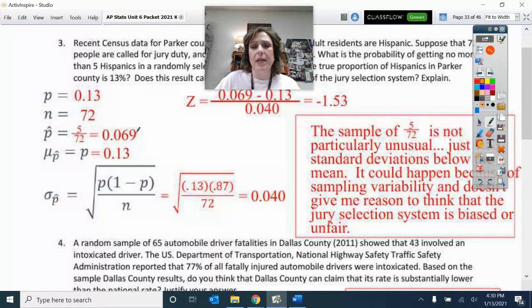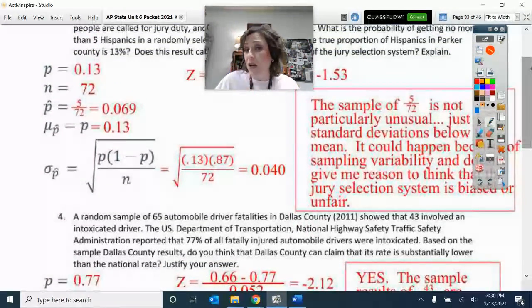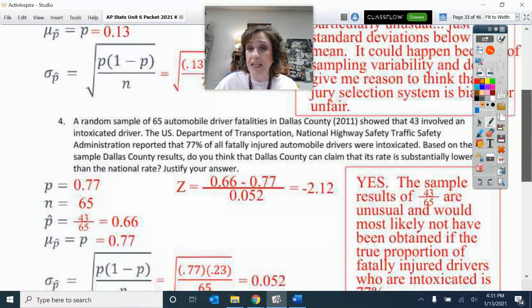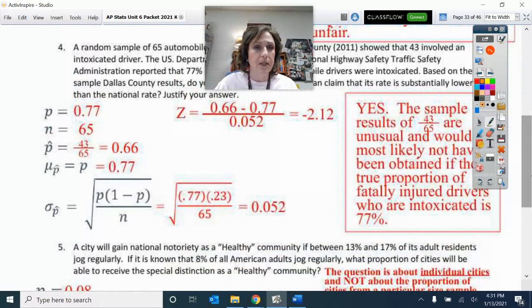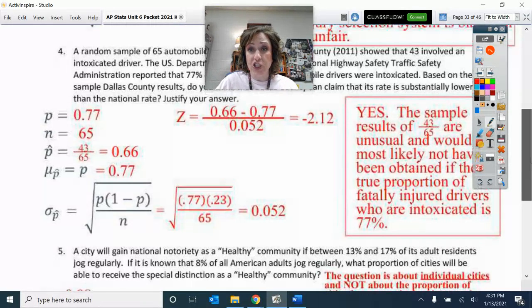Okay, so that's sampling variability. That's just what happened to be chosen that day. So that sample is not particularly unusual. Just 1.5 standard deviations. It could happen because of sampling variability. It wouldn't give me reason to think the jury selection system is biased or unfair. Okay. All right, here we are talking about the proportion of